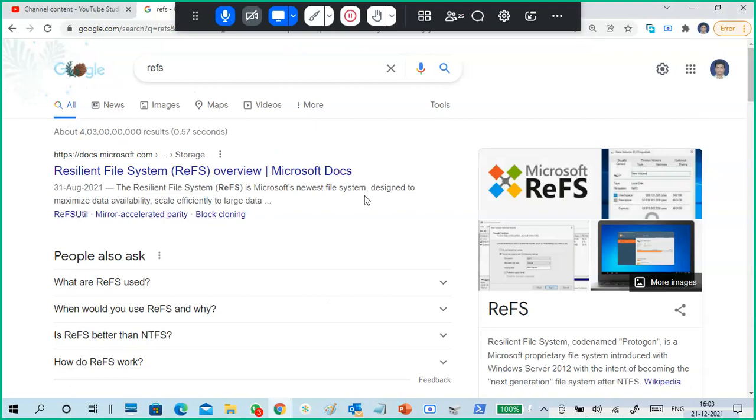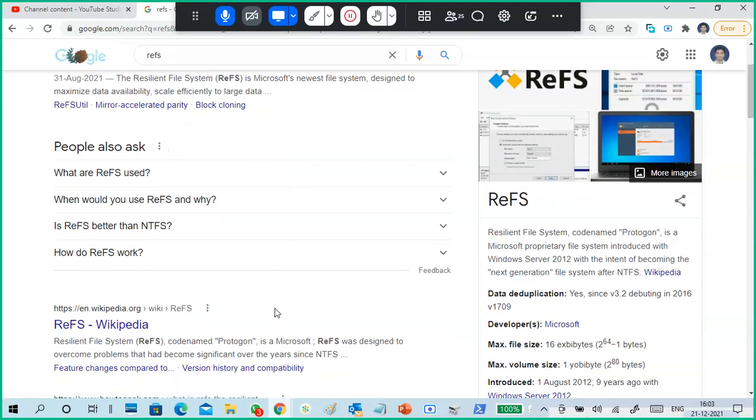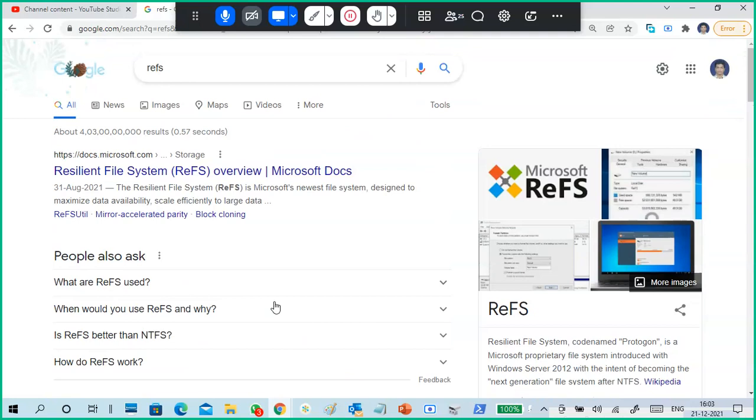What is the advantage of it? It won't let your system get corrupted, so data won't get corrupted.